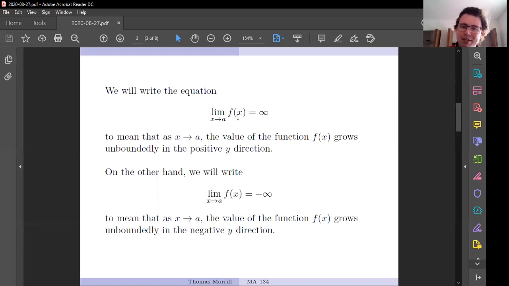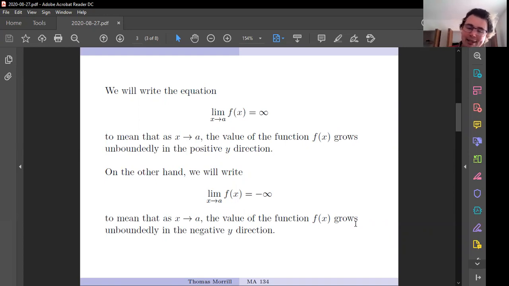So what this actually means, and this is the generic form, so x is going to some coordinate a, f of x is unspecified. This means that as x approaches the value a, the function f grows unboundedly in the positive y direction. So there's infinity on the y-axis as well. I can also talk about functions approaching negative infinity, or their limit equaling negative infinity. Tongue twister, gosh.